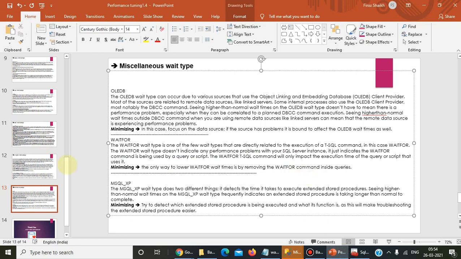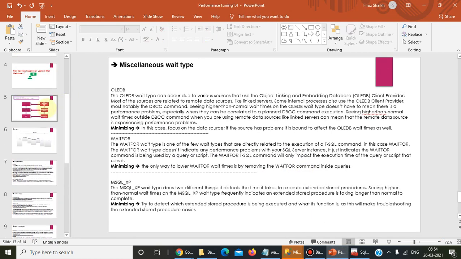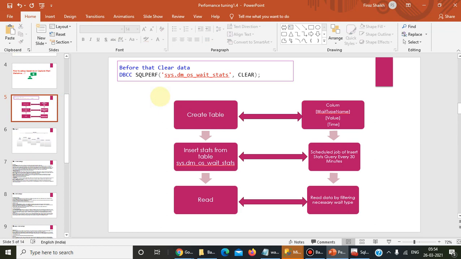Let's summarize once again how we can capture this. First, before starting this baseline activity, we need to clear the sys.dm_os_wait_stats information by running DBCC SQLPERF.